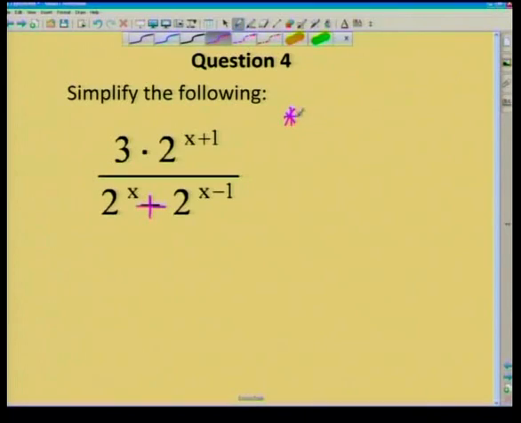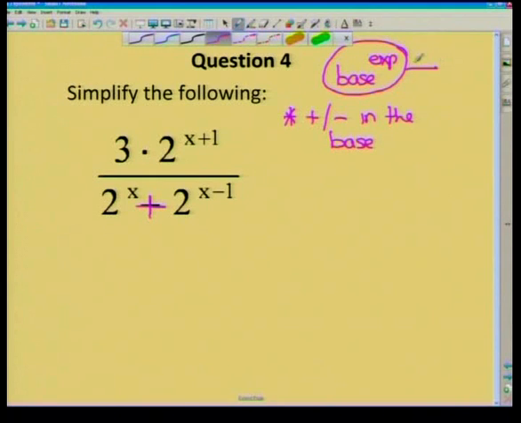So let's give ourselves some notes. If we have a plus or a minus in the base. Now, before we go any further, let's just recap what I mean by that. The base is this part. The exponent is this part. The whole thing is called a power. So here, this plus sign is on the base and not up here, which is in the exponent. Then, as soon as we see that, we split